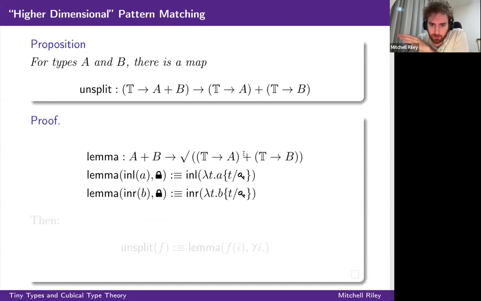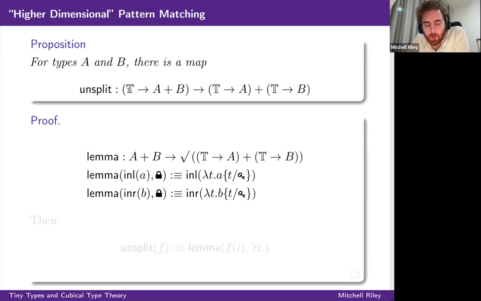Okay, so let's do one more example of this weird sort of backwards threading. The point of having this right adjoint, or one of the points, is that it makes functions out of the tiny type a left adjoint. And so it now preserves colimits, in particular sums. And so there should be this sort of unexpected